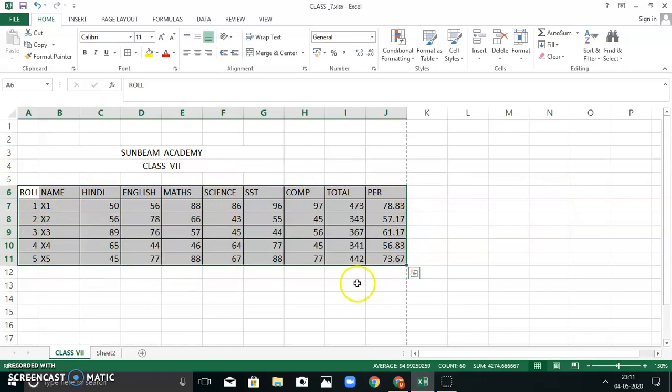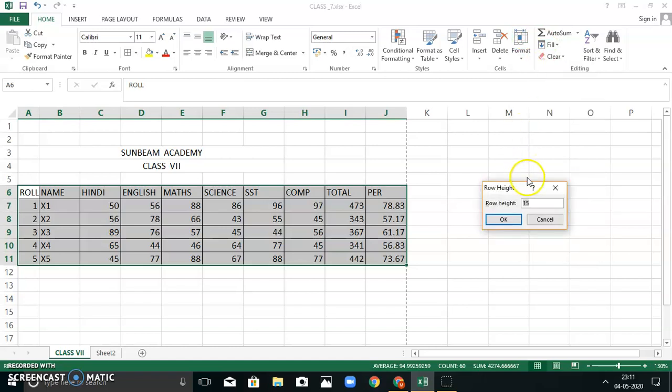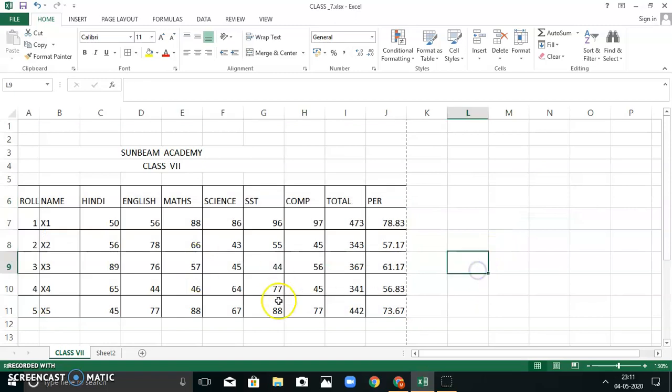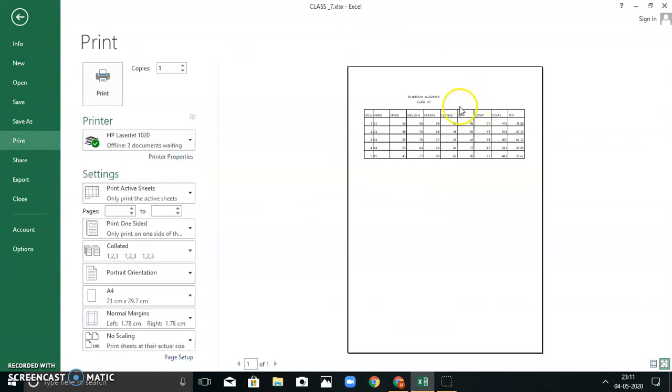Select this whole cell addresses from roll number to this, go to format button, format option, and then select row height, and then I wanted to increase it till 25. Row height is 25. Okay, see, the row height has been changed. Okay, see, file, print, and you can see it's increased.